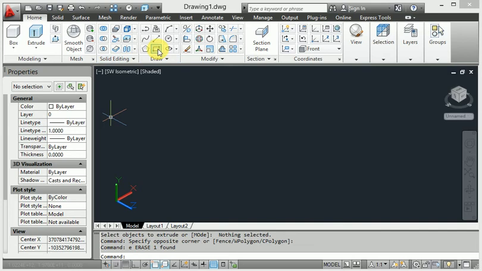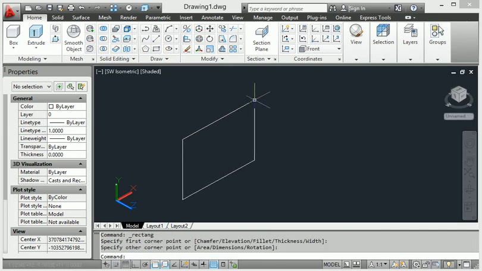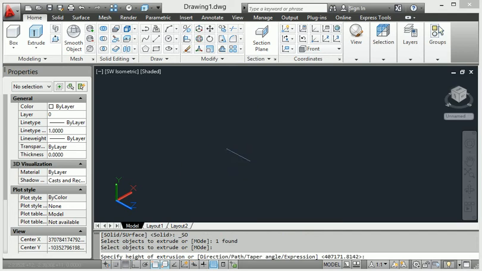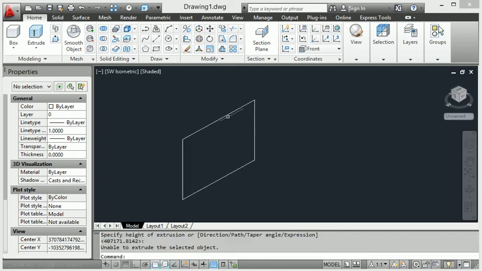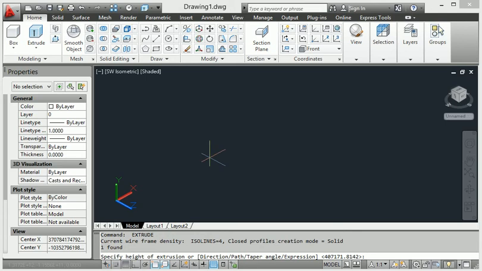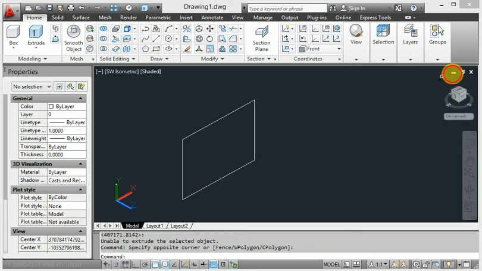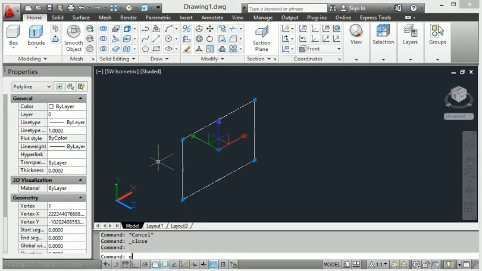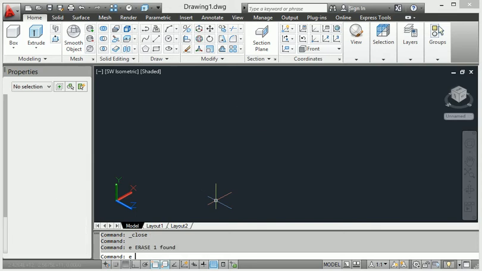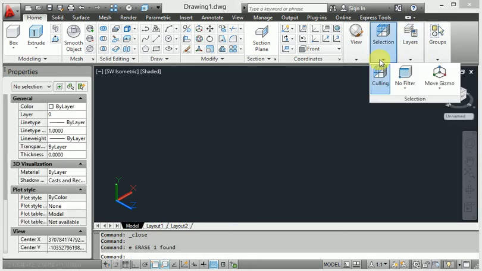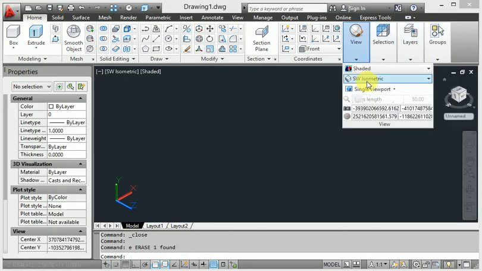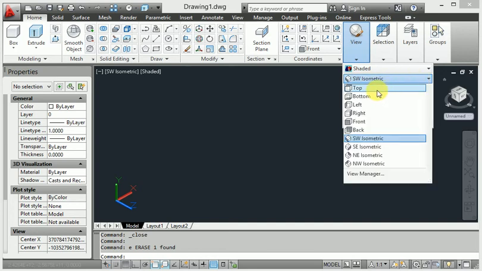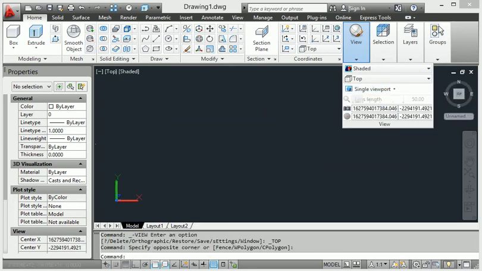Let me again make the rectangle right now, go to extrude and select extrude, enter, then enter how much distance. I will delete it and create the top view selection right now. So enter, and this is the top view. First of all, select this top view selection, right? This is the top view here.